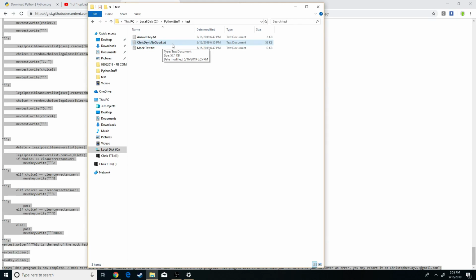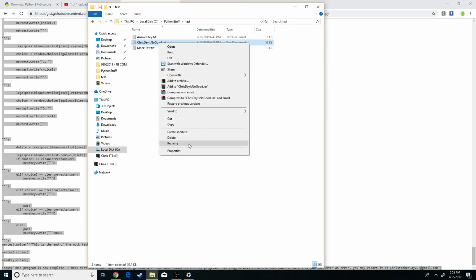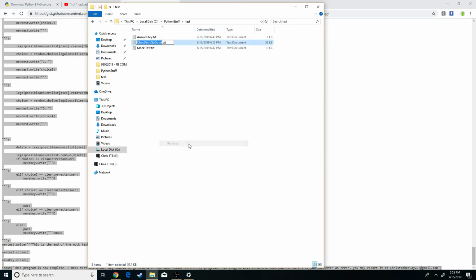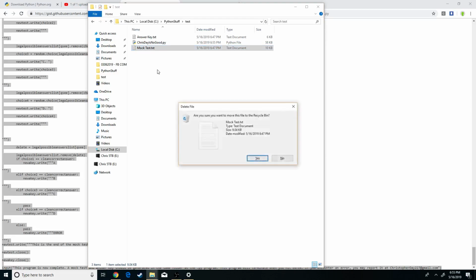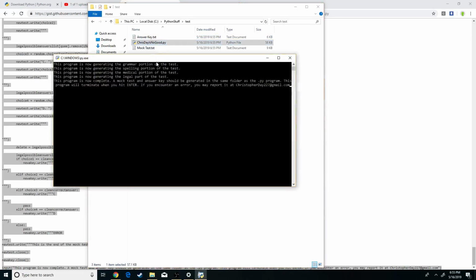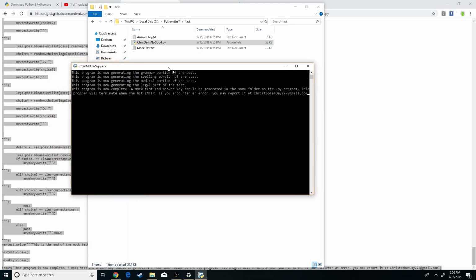Some computers have it hidden, and there's a link on my blog that talks about that for Windows computers. So you'll right click it, rename, and you'll turn that .txt into a .py. When you do that, you are going to double click the program to run it, and it's going to make a